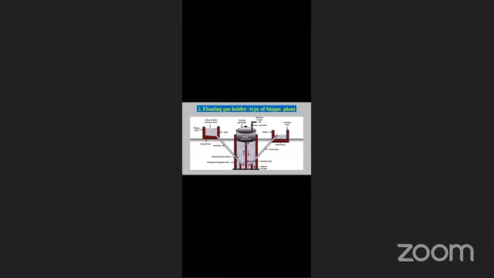Now let's come to the floating gas holder type of biogas plant. In this floating type, the parts are again completely the same: mixing tank, digester tank, inlet pipe, outlet pipe, gas holder and overflow tank. Here the only difference is that the gas holder is an inverted steel drum. As I told you, in the fixed dome everything is a brick structure, but here the gas holder is made of a steel drum resting above the digester. The drum can move up and down, that is, float over the digester. The gas holder has an outlet at the top which can be connected to gas stoves.